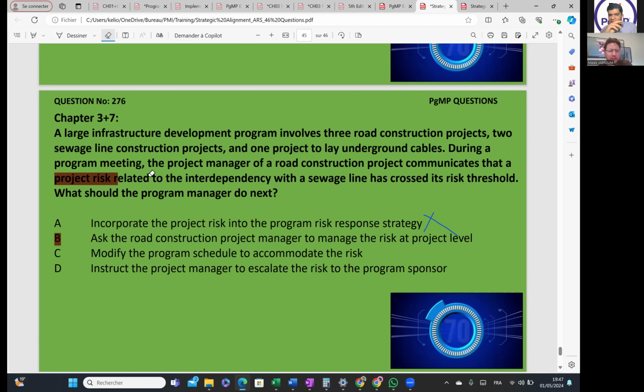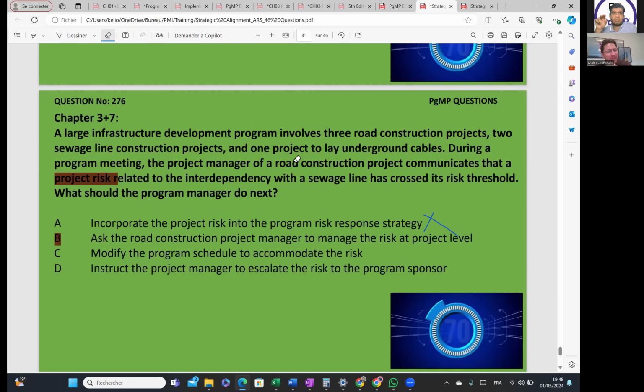During a program meeting, the project manager of the road construction project communicates that, so you were talking about this type of question yesterday, project and program. He escalated a project risk related to interdependency with sewage lines, and it crossed its threshold. What should the program manager do? So what I put was B, ask the road construction project manager to manage the risk at project level,